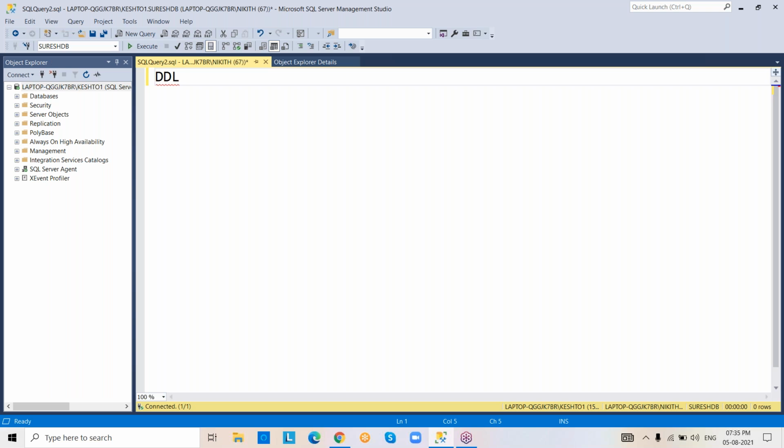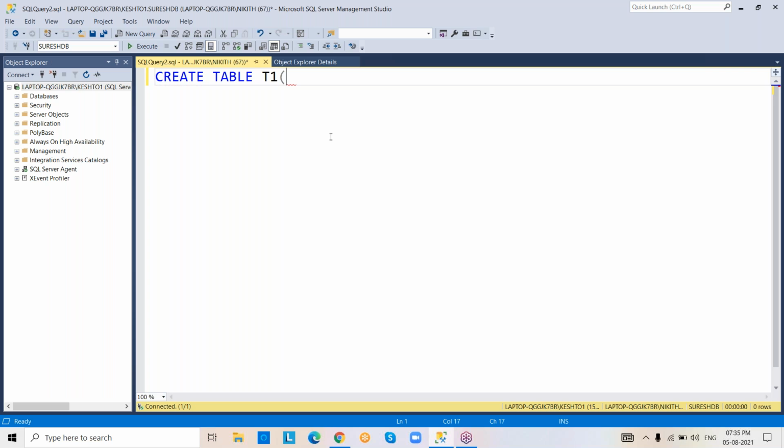So now coming to the create command. In Data Definition Language, we are going to start with the create command. The create command is used to create a table.